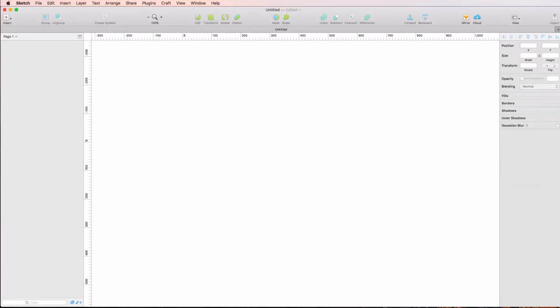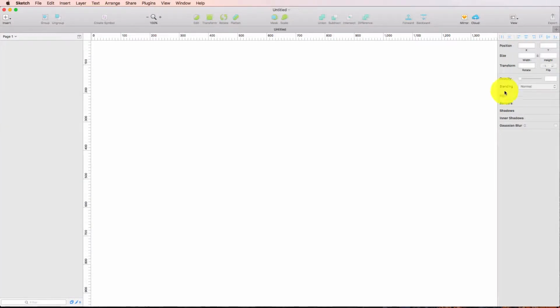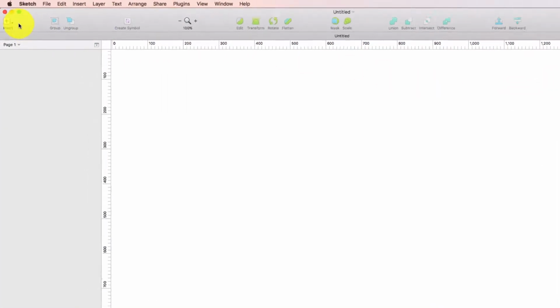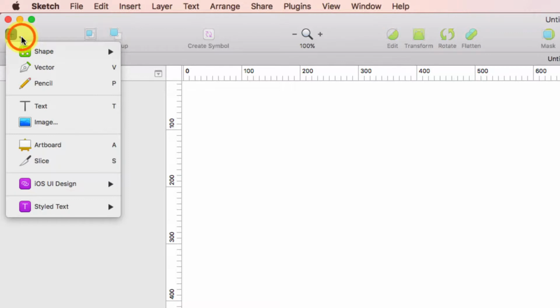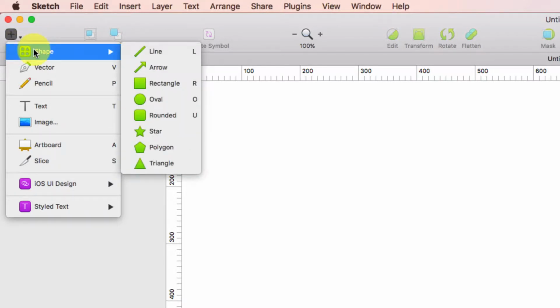Right, let's take a look at the toolbar. The toolbar is located right at the top of the interface, and this, my friends, is where your design adventure in Sketch begins. Starting at the far left of the toolbar, you'll find the Insert menu. From the Insert menu, you can draw vector shapes, create text layers, import images, and create artboards. Essentially, anything you use from the Insert menu will be created on the canvas and reflected as a layer in the layers list. Watch as I create a shape on the canvas